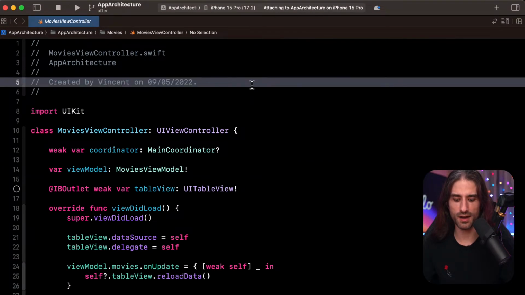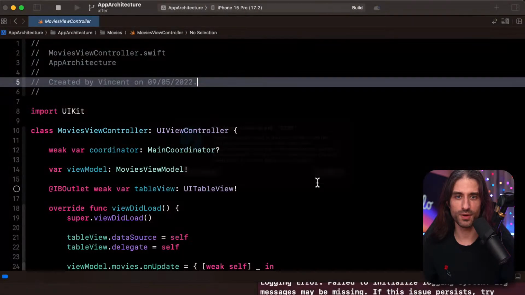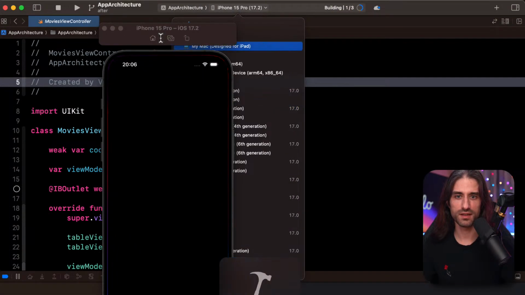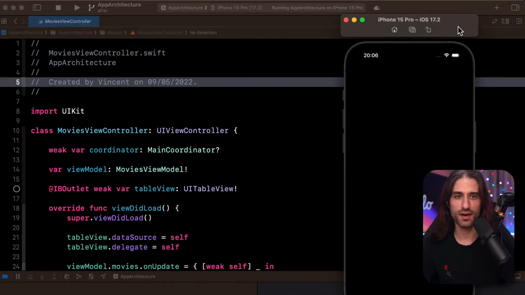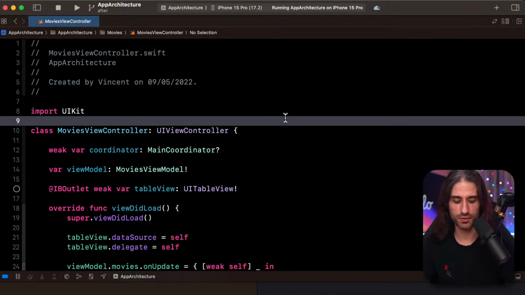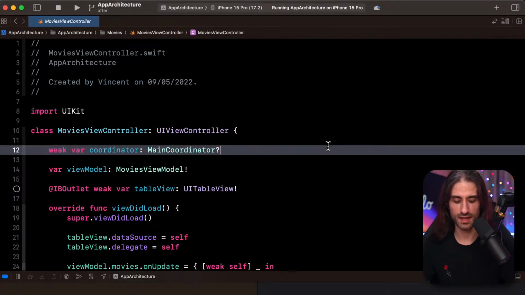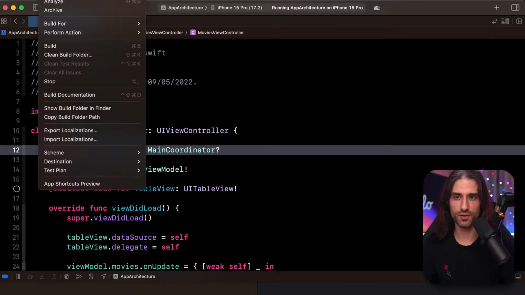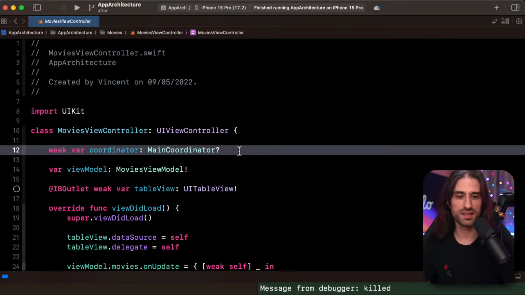So I did Command R, so it started the app. Okay, it's trying to attach it. So it's starting the app in a simulator. And now if I try to do Command full stop, no, for me it does something else. It opens the details of the scheme. So actually, if I go here, for me it's Command and semicolon.